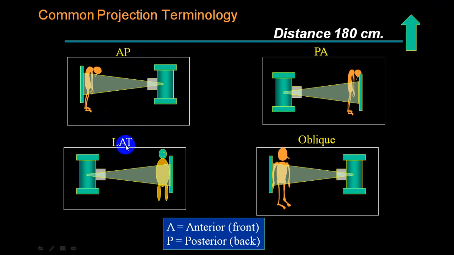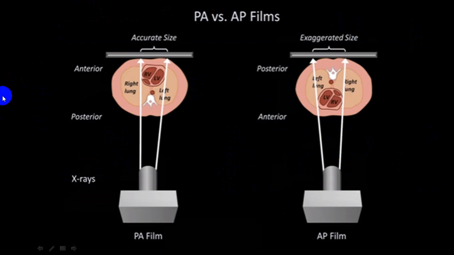Most common indication for a lateral view is mediastinal structures which you want to differentiate. It belongs to which area? Anterior mediastinum, middle mediastinum, posterior mediastinum, etc. And still if you can't identify, you can ask for an oblique view. So these are the things. And the distance between the tube and the X-ray plate is 180 centimeters. This is roughly what we call common projection terminology. So have this particular idea.